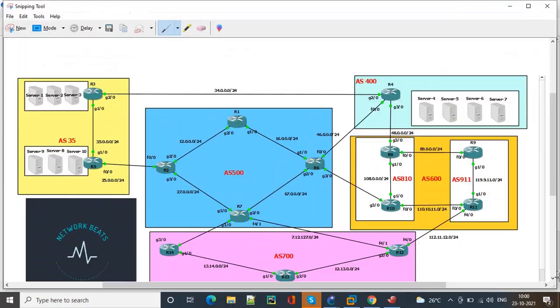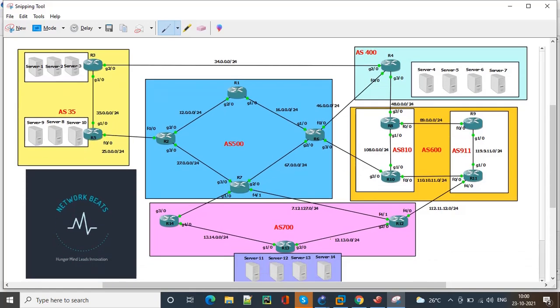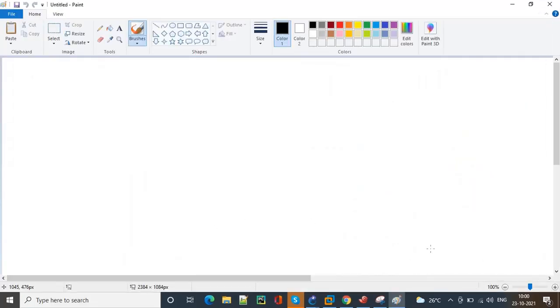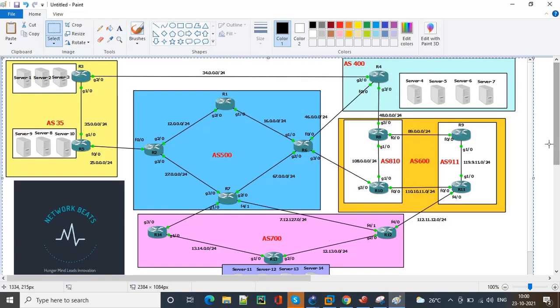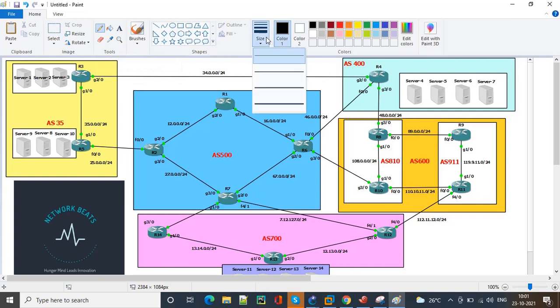Today what we are going to see is that in IBGP we used the loopback IP addresses for the BGP neighborship, right? So why can't we implement the same over eBGP? If you want to implement it in such a fashion, what do you have to do? It is quite different from IBGP. So let's see what happens.